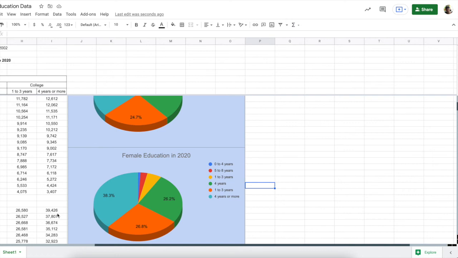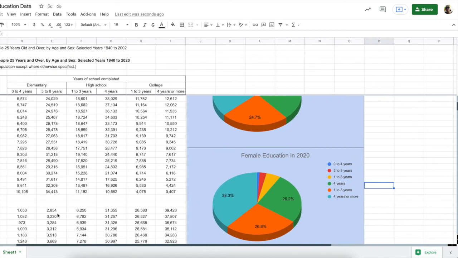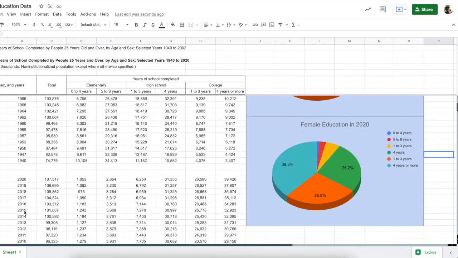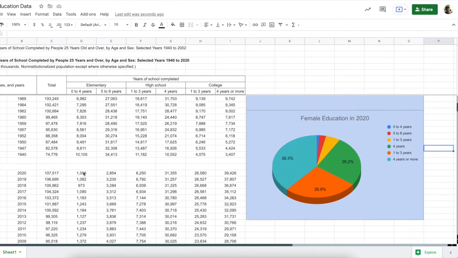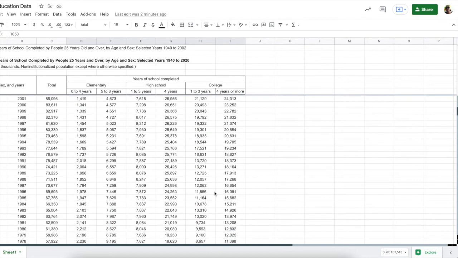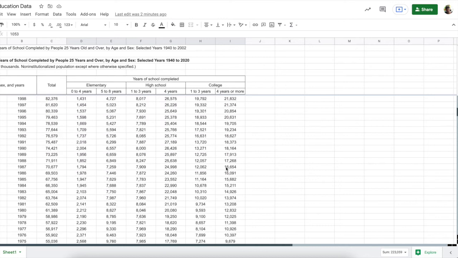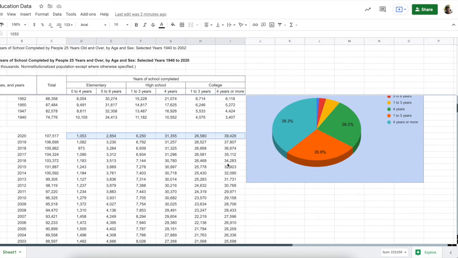There's a different way that we can actually compare the data so that we are literally comparing men to the women here. So what I'm going to do is I'm going to go up. Okay, this is both sexes, so I'm going to go to the male data here. I'm going to highlight this row. Now I'm going to hold the control button as I highlight that same data in the female data set. So you can see that's highlighted and our male data is highlighted. And now if we go to insert chart,